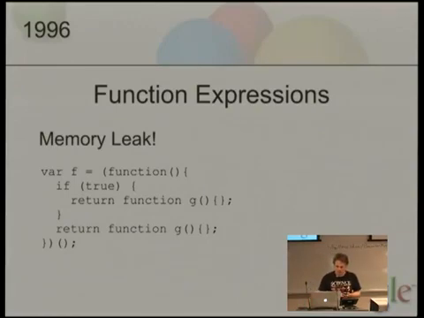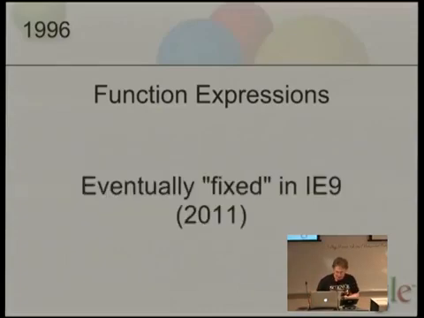So your function g has been declared, it remains in the closure of f, and you've all of a sudden got this extra function flying around that can never be cleaned up until, I think, if f is cleaned up, your g is fine. Okay, eventually fixed in IE9. So, sure enough, I say fixed